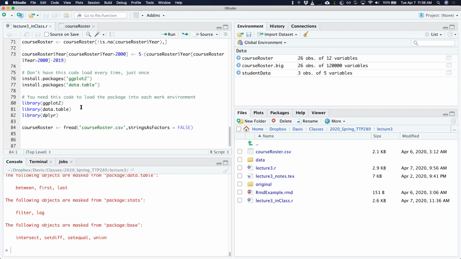Dplyr and data table are kind of similar in functionality, but slightly different in terms of implementation. They are two packages that were basically made by different people that sought to improve the functionality of data frames. So dplyr is actually, I think, a little bit more popular, but I sort of learned data tables,